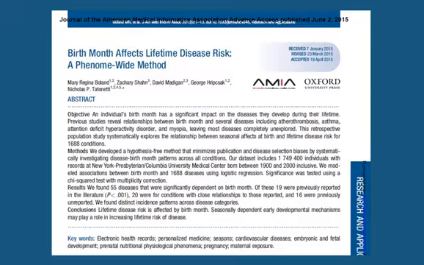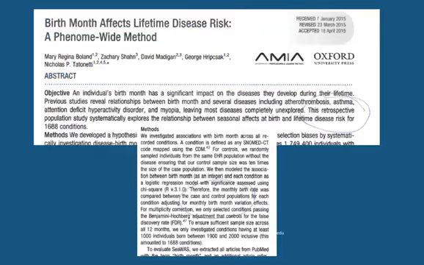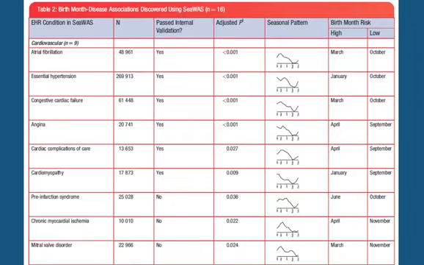Does your birth month increase particular disease risk? This is a retrospective study. They state the monthly birth rate compared between the case and control populations for each condition, adjusting for the monthly birth month variation effects, and so on. Anyways, it can be confusing. Is this a case control? Is this a retrospective? It's really just kind of a fascinating article regardless.